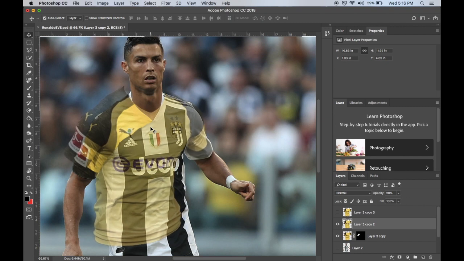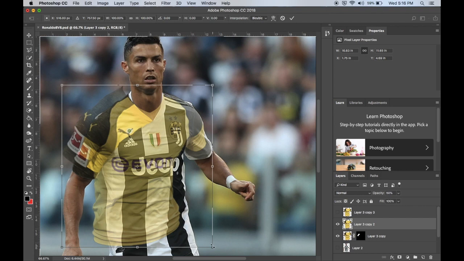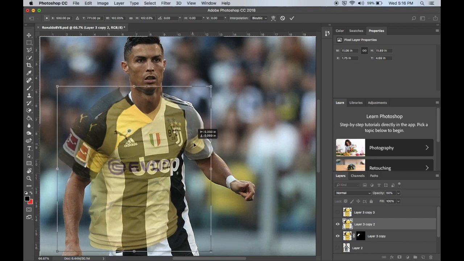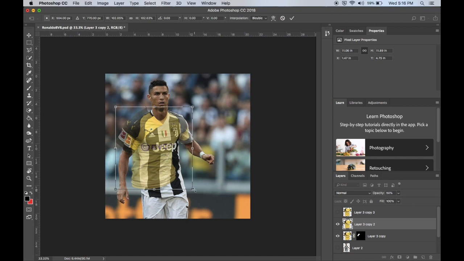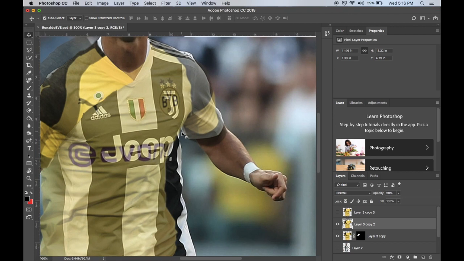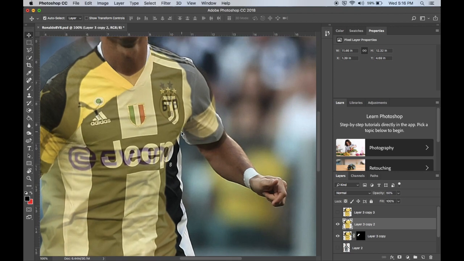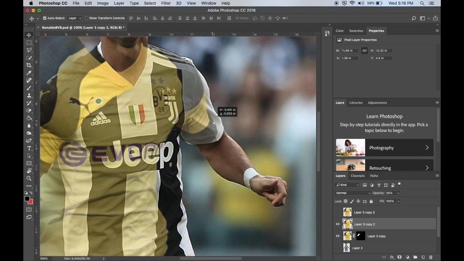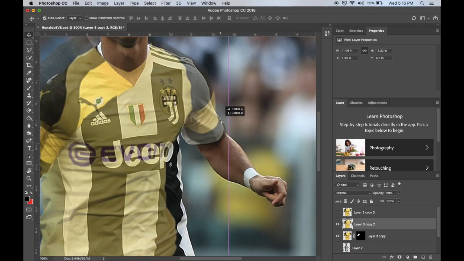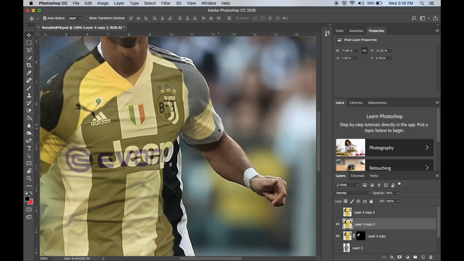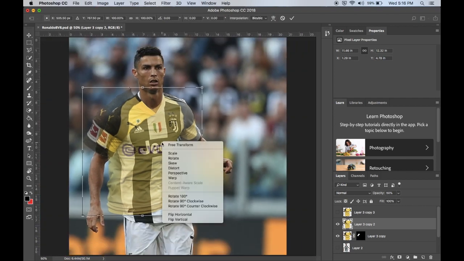And I may actually speed this up because you probably get the gist of things, and I do not want to bore you guys. But again, it is very crucial that you don't just take one jersey to Photoshop the entire player. That never works. And again, what we will actually be doing is pressing Control T and using this transformation tool